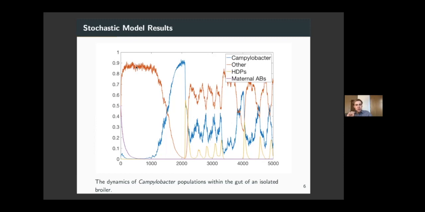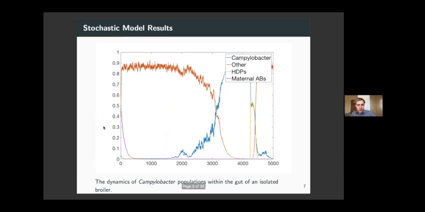But this is specifically why it's useful to have these stochastic systems. So you can see all these little wiggles and jumps in the lines here. It's these little stochastic perturbations. Those small perturbations can have huge impacts on the dynamics we see. And as anyone who's done some isolated experiments knows, chickens aren't going to respond identically to Campylobacter challenge. So if I press go on this entire simulation, the exact same model again, we might see something quite different.